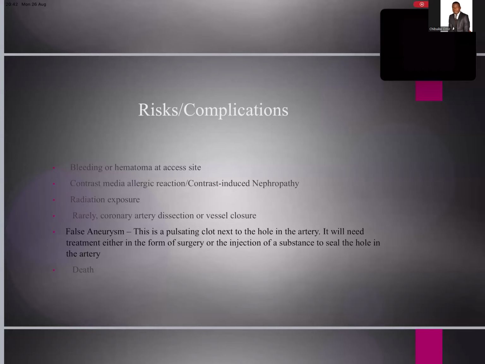One of the benefits is that it reduces the chance of this contrast-induced reaction. However, if you want to do, if you want